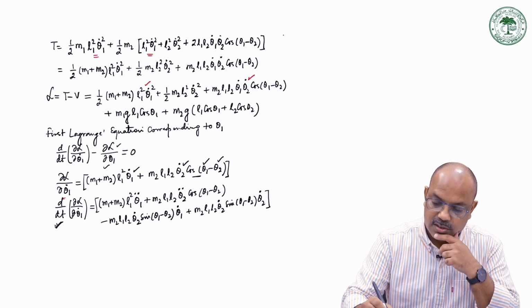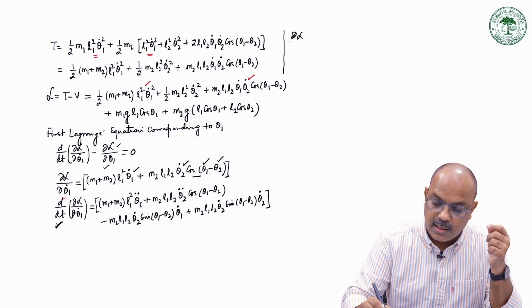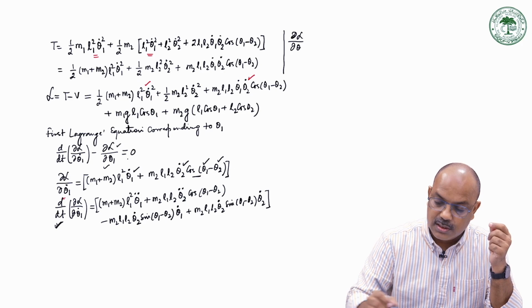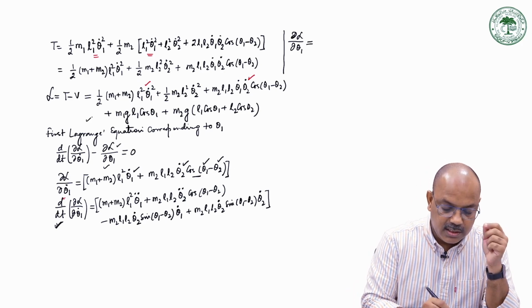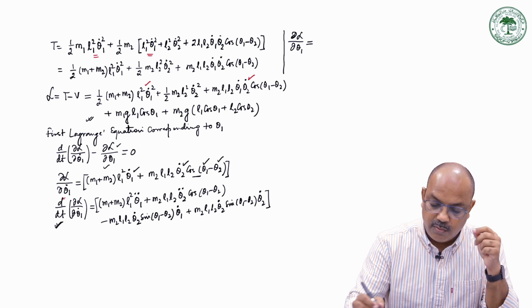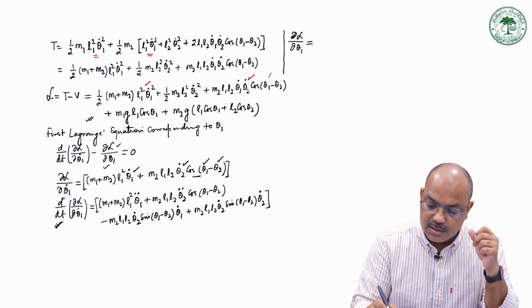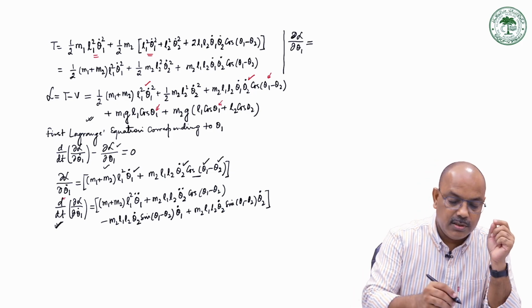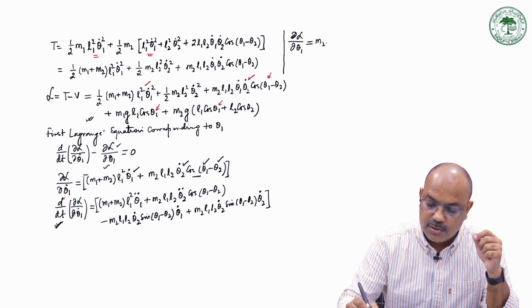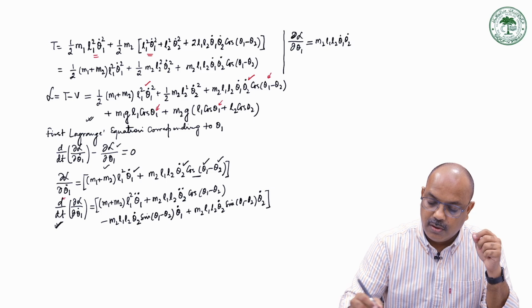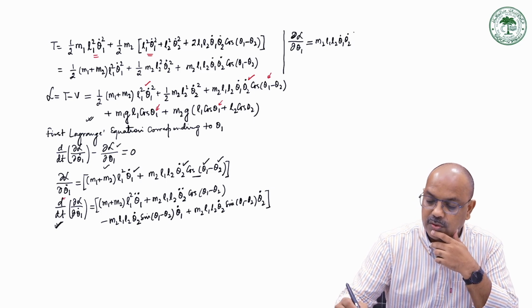So now let us try to find this delta L by delta theta 1. This is going to come from the Lagrangian itself. Theta 1 is here, theta 1 is here, and theta 1 is here. So three terms are going to contribute here. From here this is going to be m2 L1 L2 theta 1 dot theta 2 dot, and because the cos theta 1 is there, it's going to be